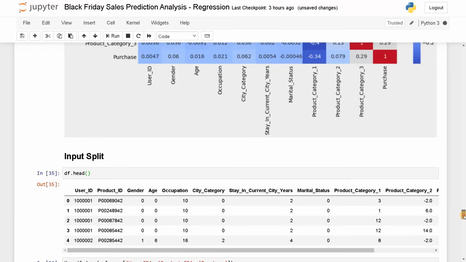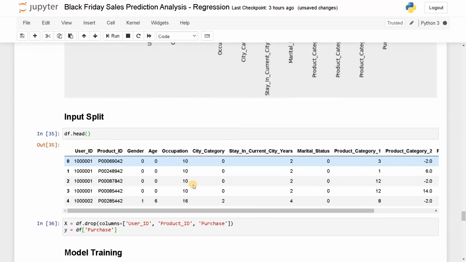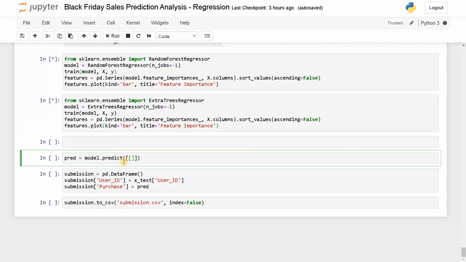What we have here is gender, age, occupation, city category. Like this, you need to enter all the attributes in the same order. You can also get this input from the user, convert it using label encoding, get the proper input and make a prediction. Like this, you can use some user defined input to do the prediction.